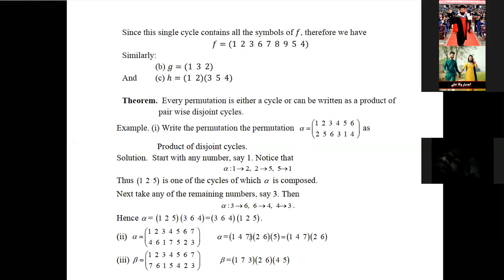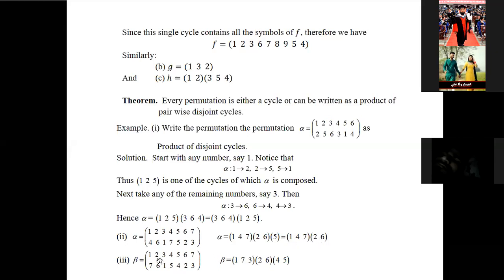Here you write 3. Okay, one cycle, again 2, 6, 6, 2. Second cycle, only one element is fixed. Here is a 5. 5 you write here. And no need to write a cycle of length 1. You write 1, 4, 7, and 3, and 2, 6. And you know that both are disjoint.